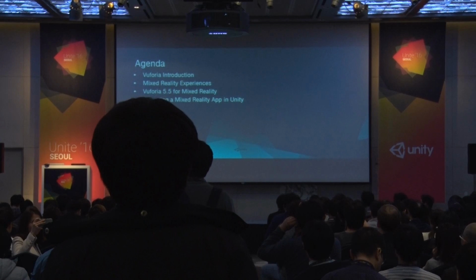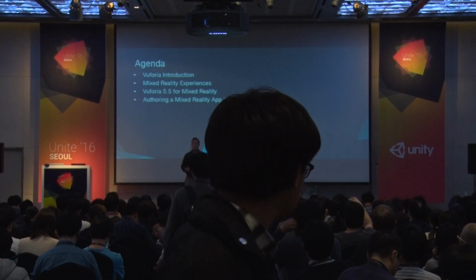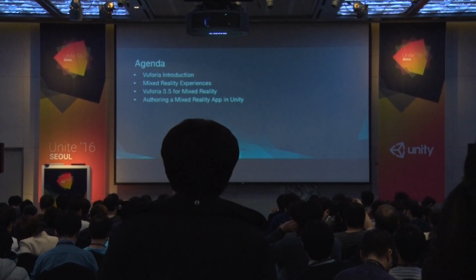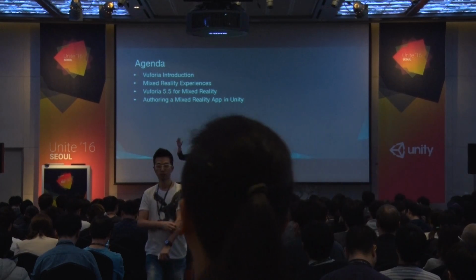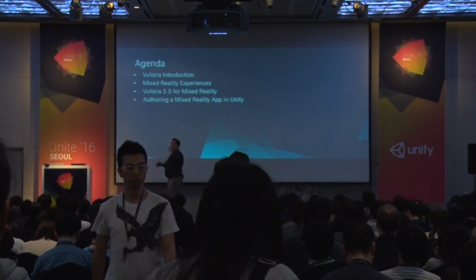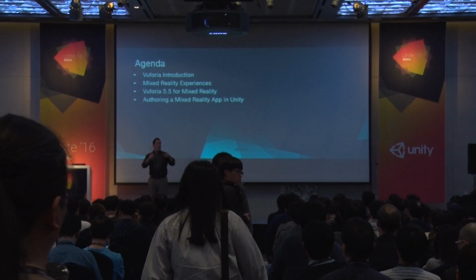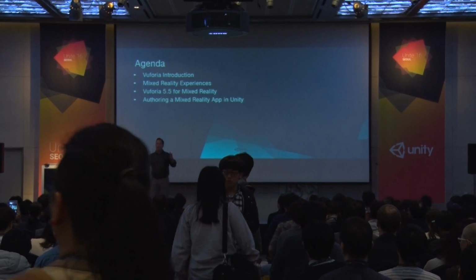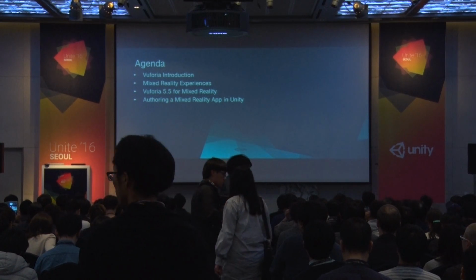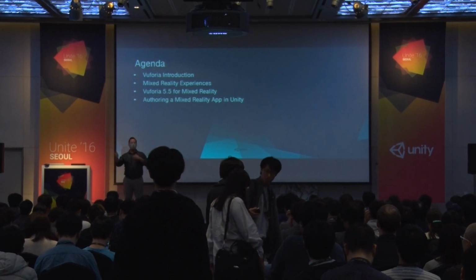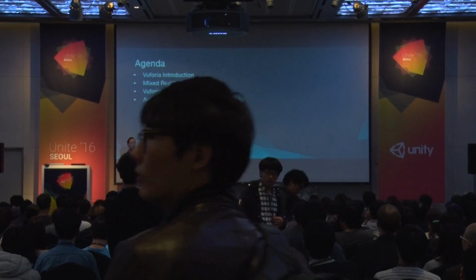So when I talk about mixed reality, what do I mean by that? You've probably heard about virtual reality, which is that you are in a fully immersive world. Everything that you see is being rendered for you. And the distinction between virtual reality and augmented reality is that in augmented reality, you're actually looking at the world around you. And you're using objects in the world, and you can recognize them, you can understand where they are, and you can actually render virtual content on them.